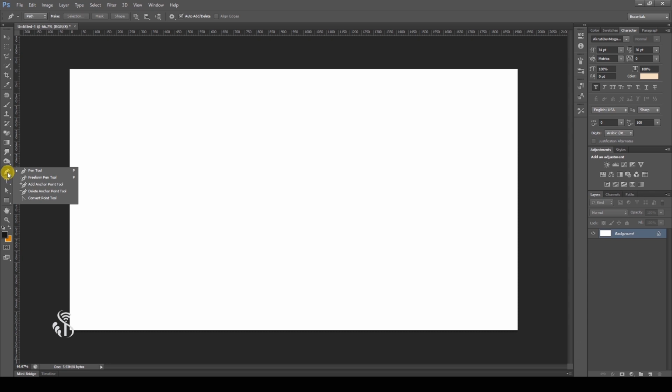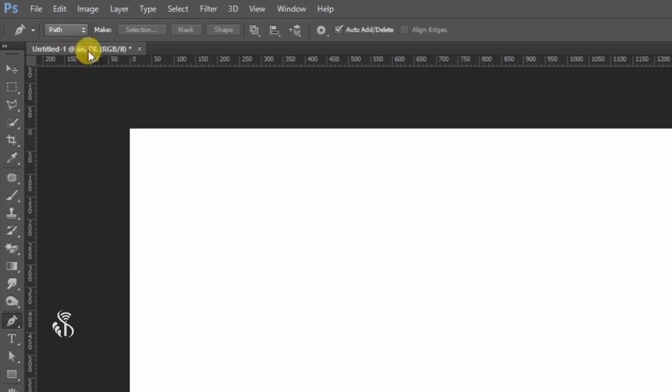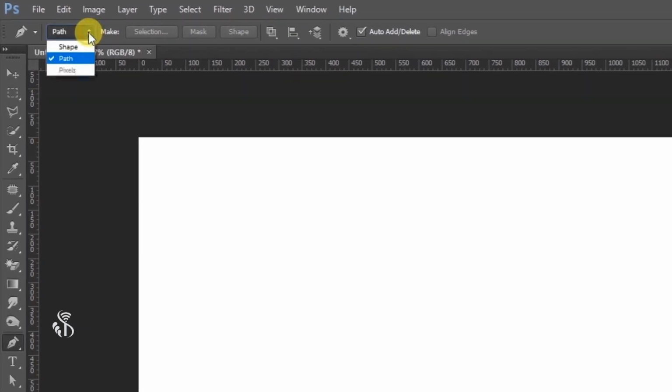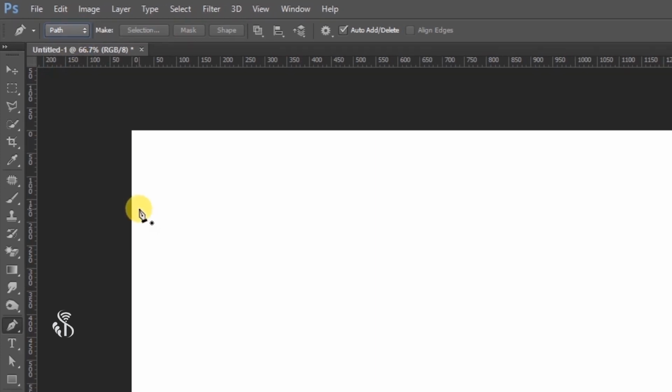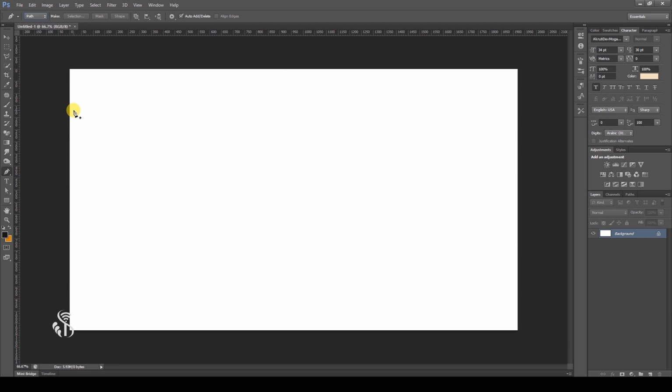You will observe that there are multiple options available in the flyout for the pen tool. Let us look at this initial pen tool option. While using this tool, it is essential that from the option bar, from Pick Tool Mode, Path, this option is selected. While using the pen tool, while creating nodes, if you want them in a straight line, then in whichever shape you wish, keep clicking forward, which means the dots will join with each other and create a new shape.